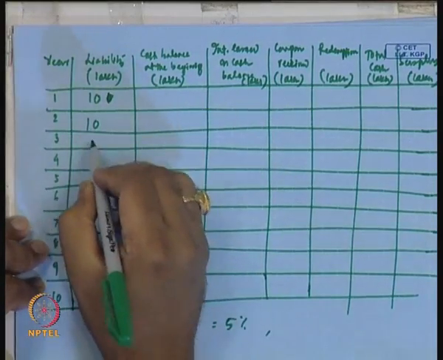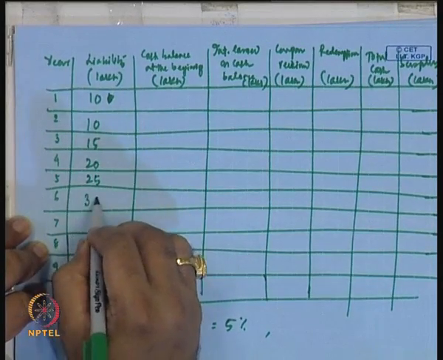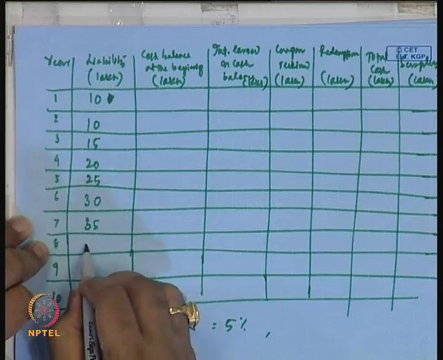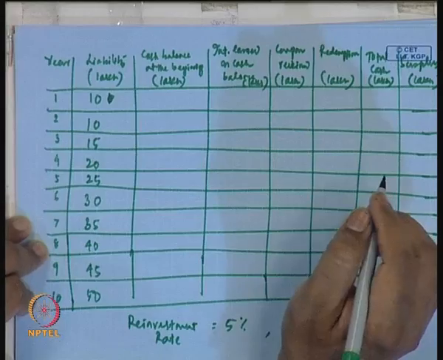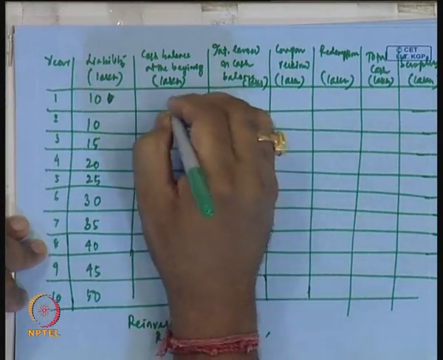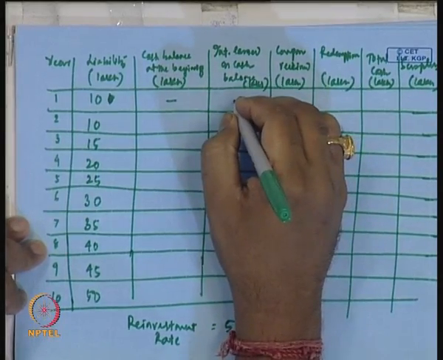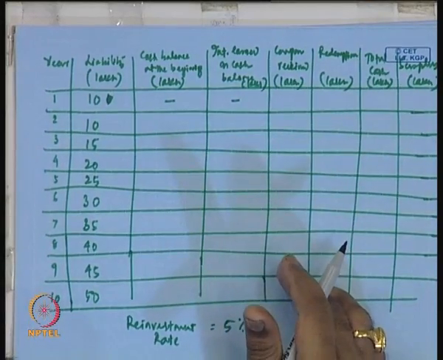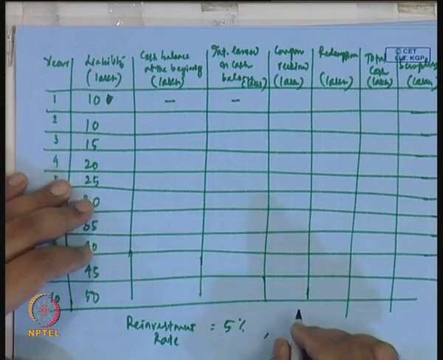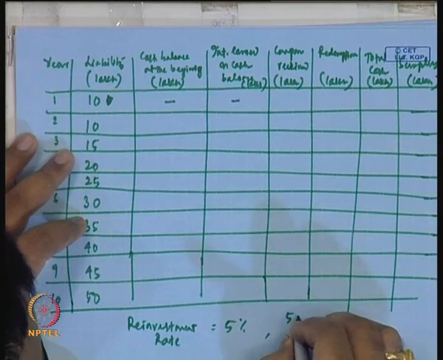This is the assumption we have taken. The liabilities are 10 lakh, 10 lakhs, 15, 20, 25, 30, 35, 40, 45, 50. Then the cash balance at the beginning of the first year is nothing available, so the interest earned is nothing. Then you have to calculate the coupon in the first year. The coupon at the end of the first year you can calculate: you have invested 5 lakhs in bond C, so 5 lakhs